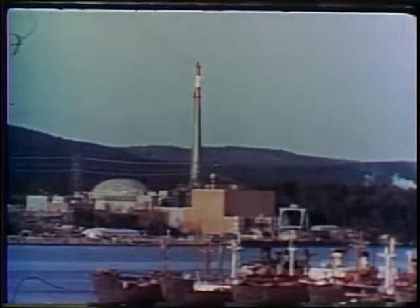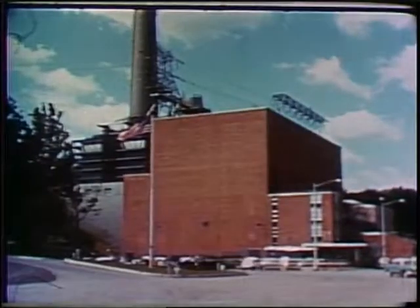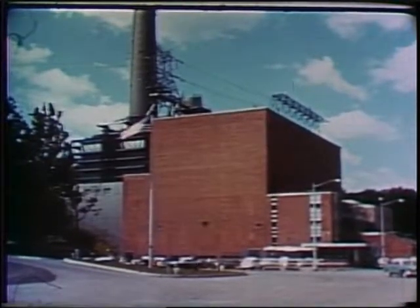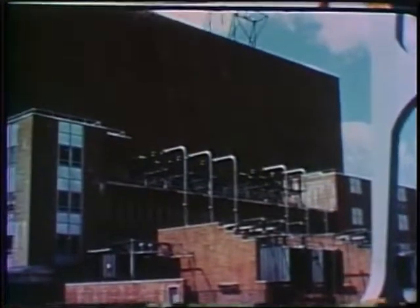atomic power plant, such as Consolidated Edison's Indian Point Atomic Power Plant, near Peekskill, New York, on the shores of the Hudson River, which supplies nuclear-generated power to the New York metropolitan area. This plant, like many others, has already proved itself as a safe, practical source of energy for economical generation